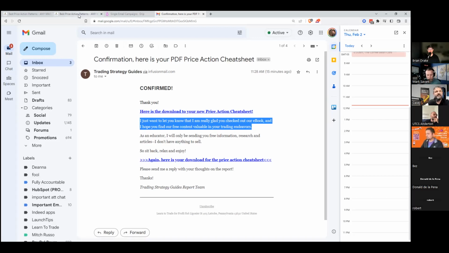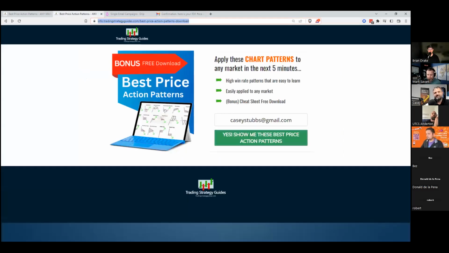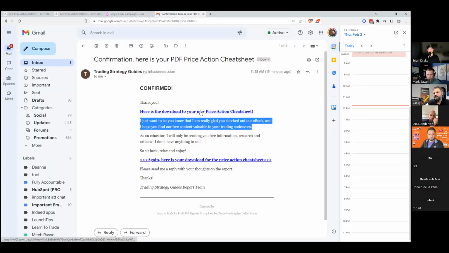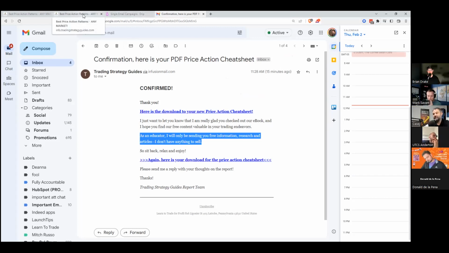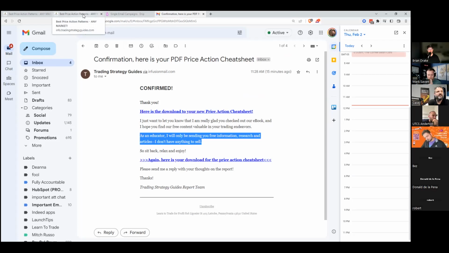Then they sign up. That's the very first email they get. You've got a link to their deliverable, but the first link is a limited time call to action: you get 50% off. Like, Mark's group is $79 a month, but this is the only time ever you can get access to it for $50, something like that. You want to be truthful and really honest so they know you're legit. But it works.